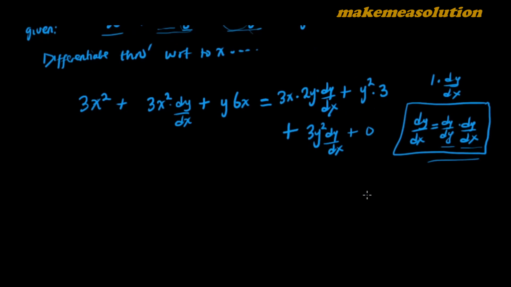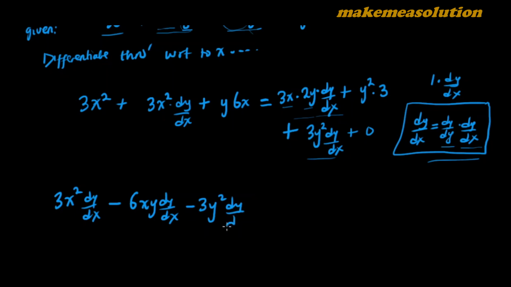So the next thing is you now collect the like terms. In the sense that all the terms having dy dx will be brought to one side of the equality, and all the terms without dy dx will be taken to the other side of the equality. So I'll have 3x squared dy dx minus, now this term is coming over to the left hand side. When it crosses over, remember this is 3x and this is 2y, so I should have a 6xy dy dx, then this term is crossing over, so minus 3y squared dy dx is equal to,